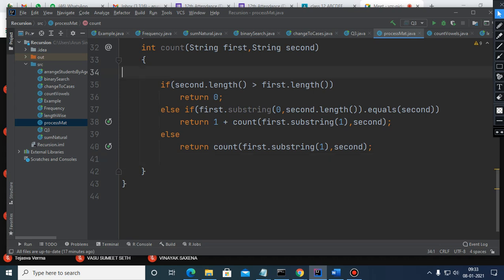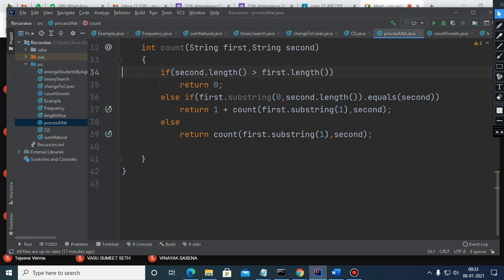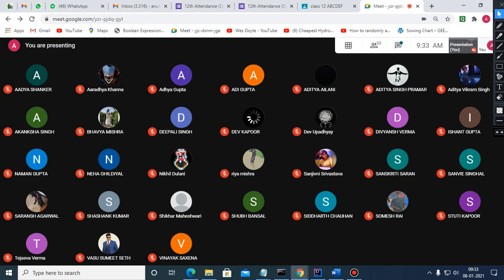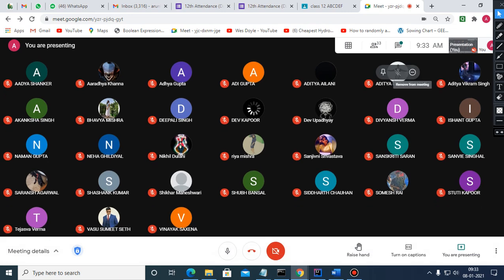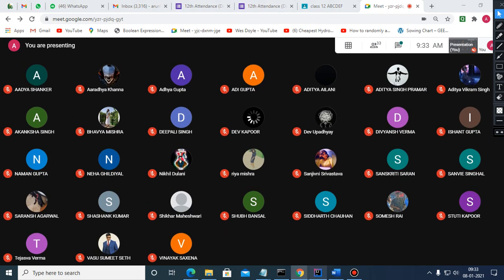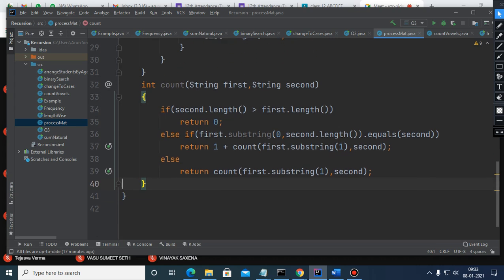And how to write the code and how will you make sure yourself? First of all, write non-recursive code and then try to convert that non-recursive code to recursive code. So this is what I have done here, and this is how you can write. Any problem with this code, then please tell.